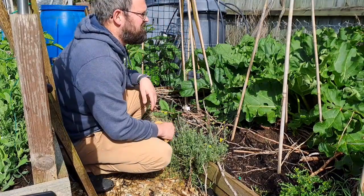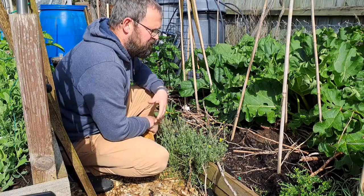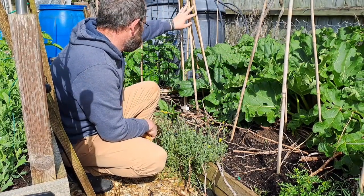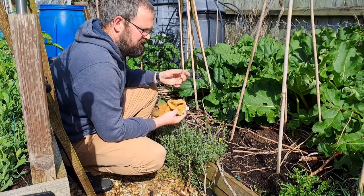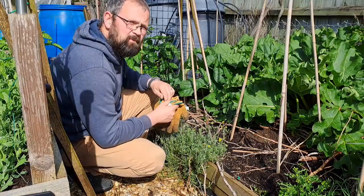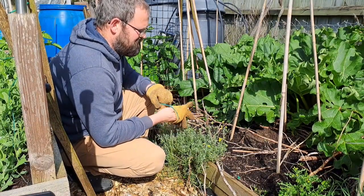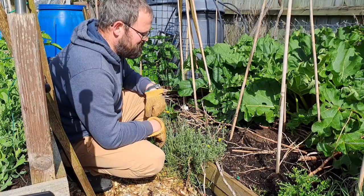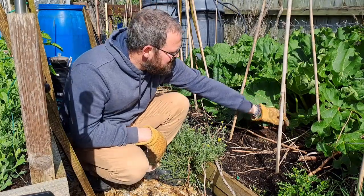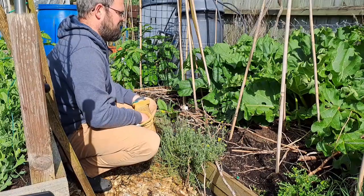So this bed, as you can see, is where I have all my rhubarb. And my plan at the beginning of the year was to have some beans climbing up these poles and some peas up the side. Now, I still like to do that, but I forgot how big the rhubarb's getting now. So I think we're going to have a harvest of it soon. It's unfortunately also killed off my asparagus. It's just, you can't even make out that that's asparagus, but it is. There's a couple of other ones that are now starting to come up, but no, they're not going to get